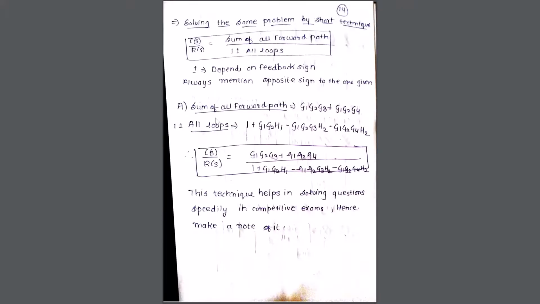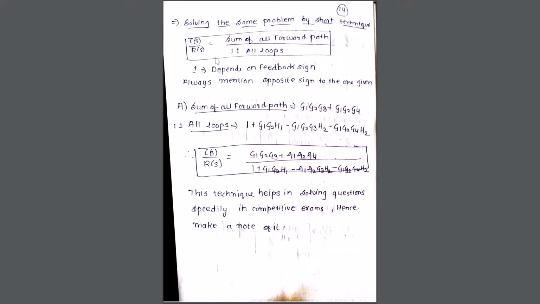This was the pattern of my university, but you cannot apply this pattern for a longer level exam like GATE or some competitive exam where you need to do the problem very quickly. So in that case, we have a simple formula for reducing the transfer function wherein we have to be very quick with the solution. Please do not use this technique in a university exam. You might lose certain marks for the steps.